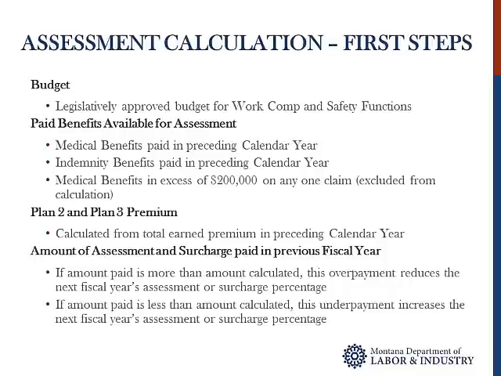The department collects this data from insurers on a quarterly basis, but the actual premium that we are required to use in the assessment calculation is the premium reported to the insurance commissioner for Plan 2 insurers and the department for Plan 3, the Montana State Fund. The department attempts to reconcile any differences with Plan 2 insurers on an annual basis. Finally, we review the amount of the assessment and surcharge collected in the previous fiscal year and compare it to the amount we calculated in that same fiscal year.